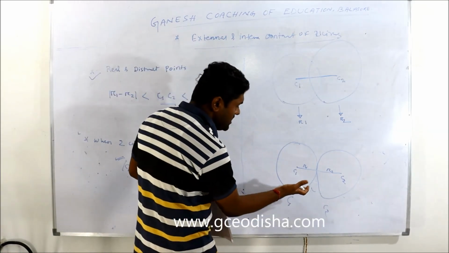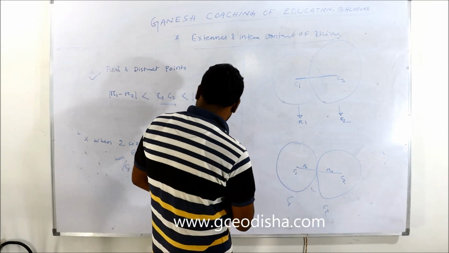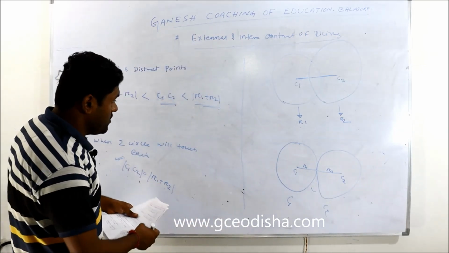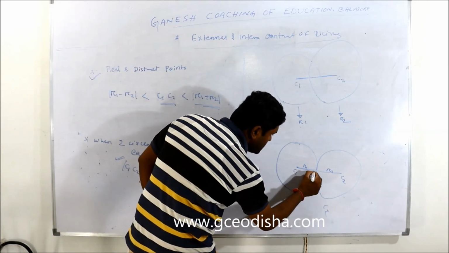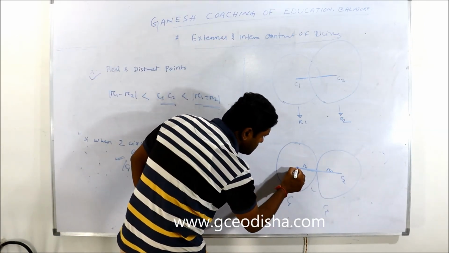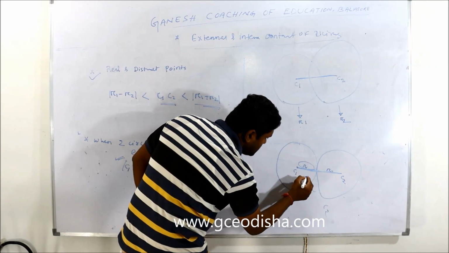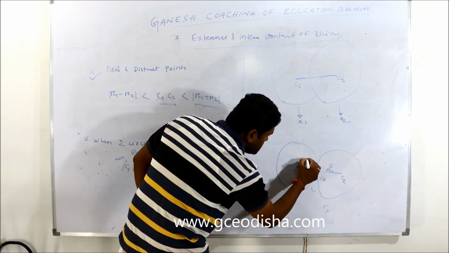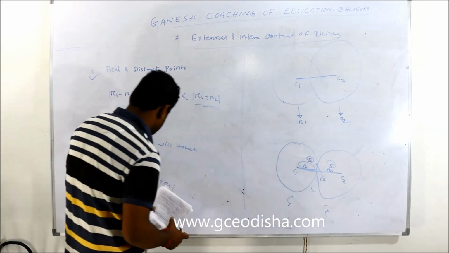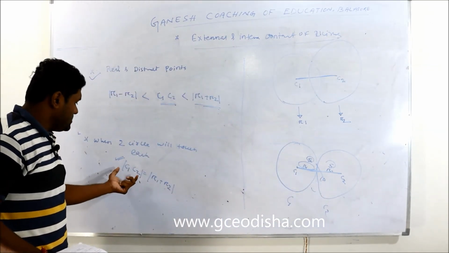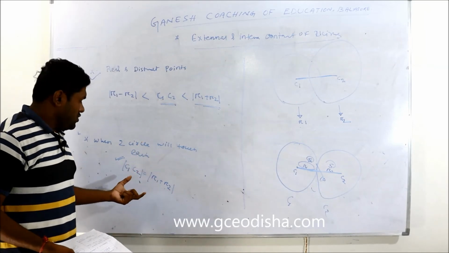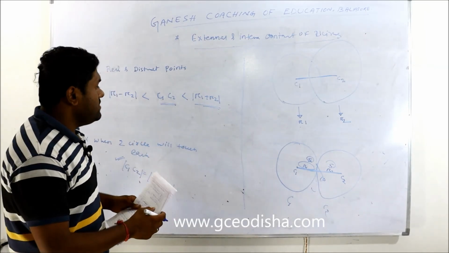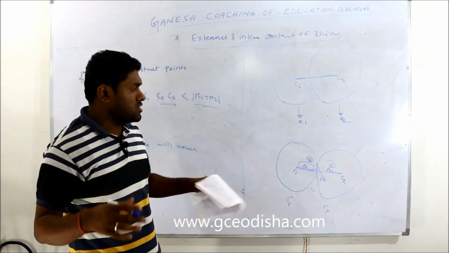You can see that by seeing the figure. This is C1C2, the distance between the centers, and this is R1 and R2. Like if the whole distance is 10, and this is 5 and this is 5, they both add up to 10. But just by seeing the equation, when the distance between the two centers is equal to the addition of the two radii of the two circles, then the circles touch each other.